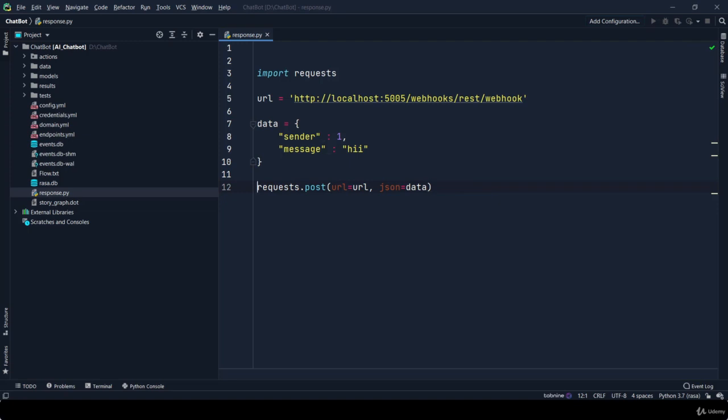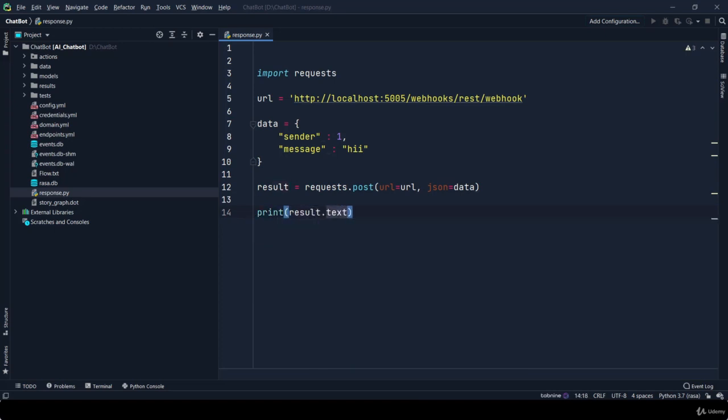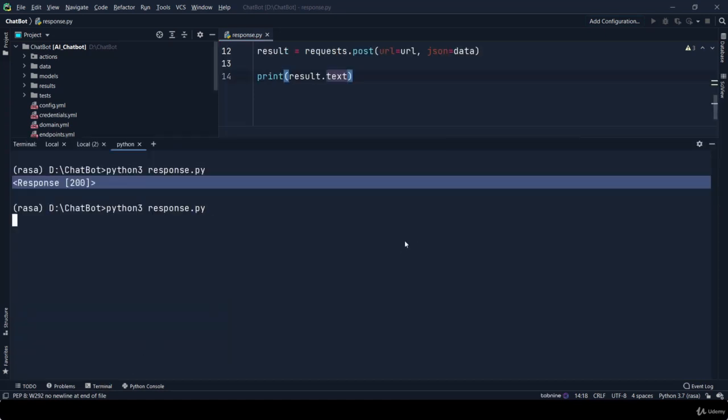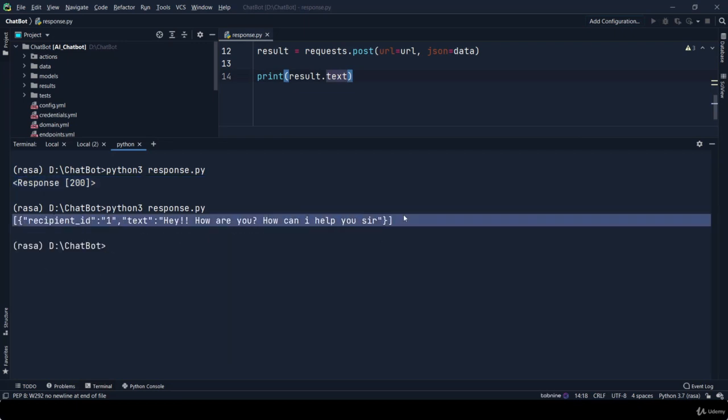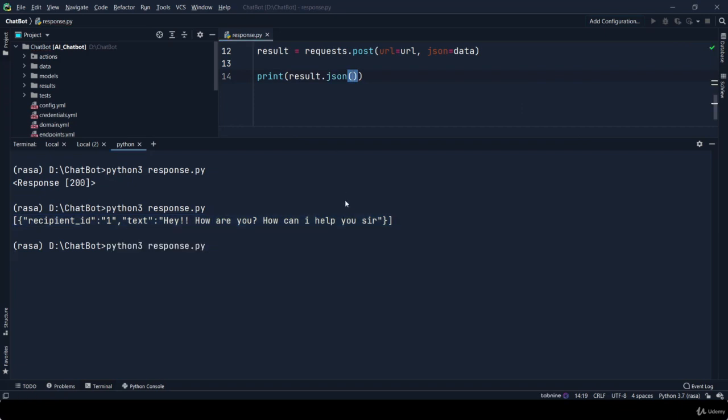Now I'm storing this request in some variable which is result, and printing this result. You can print it as text, whatever text this response has. Okay, but this response is in the form of a string. If you want it in the form of JSON, then simply write json here. Now your response is in the form of JSON, and it's giving you that your recipient ID is 1, which is